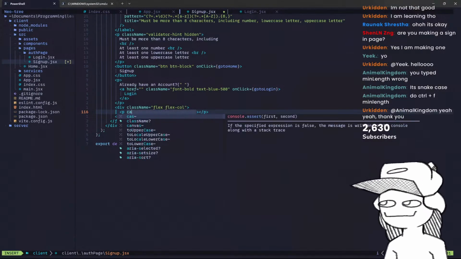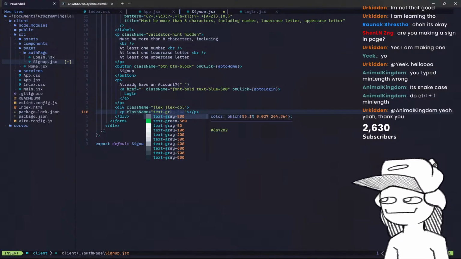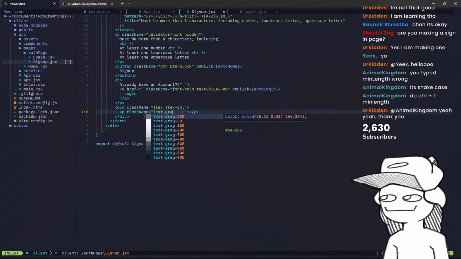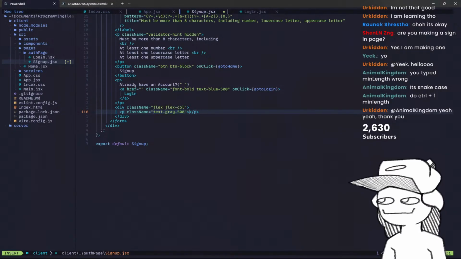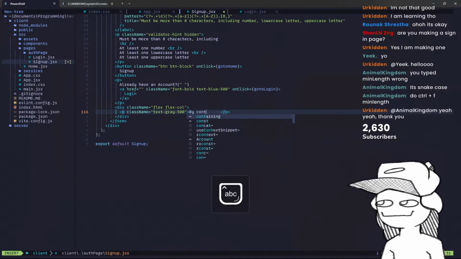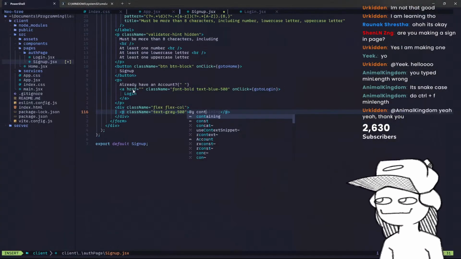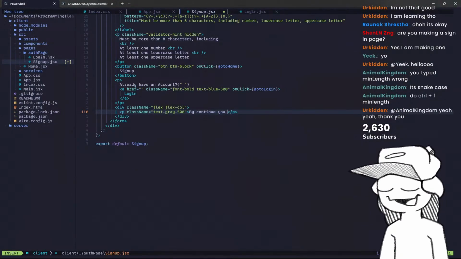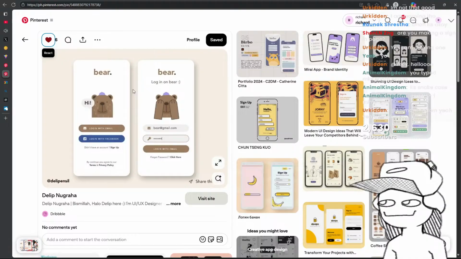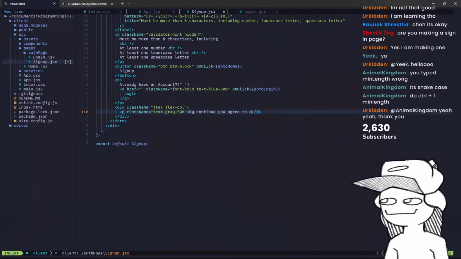It has a class name of x gray 500: by continuing, you agree to our